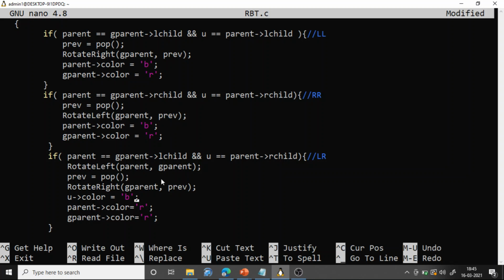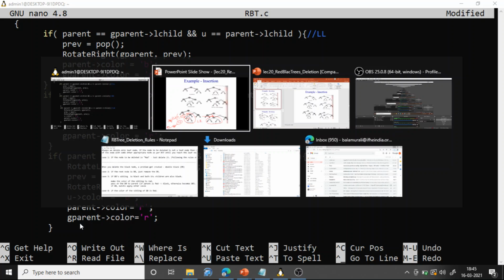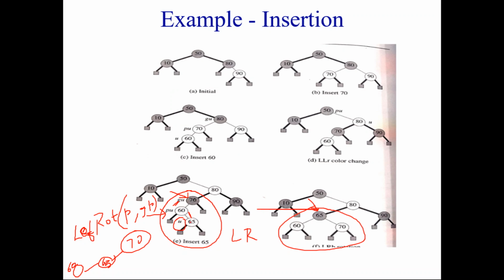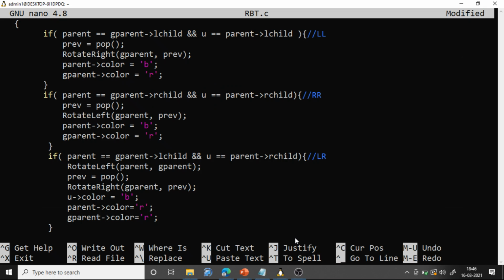After performing that rotation, make the color of that particular node black and the parent and grandparent red. Now the new node is the root of the subtree, and the parent and grandparent have become children. Here 65 is the root of the subtree, and 60 and 70 are the parent and the grandparent that have become children. So make the new node black and the parent and grandparent red. So this is for LR.